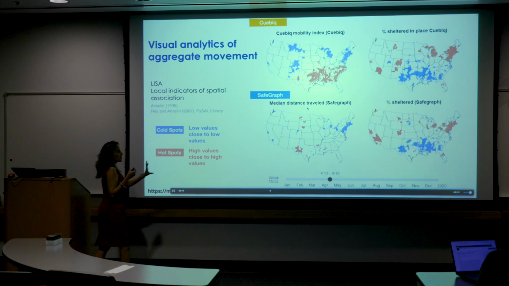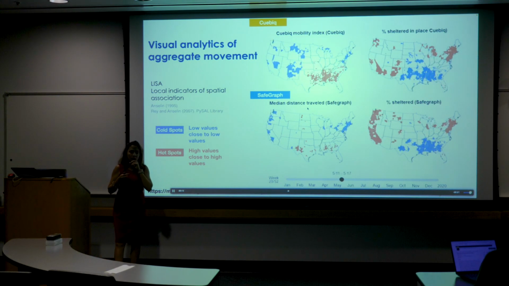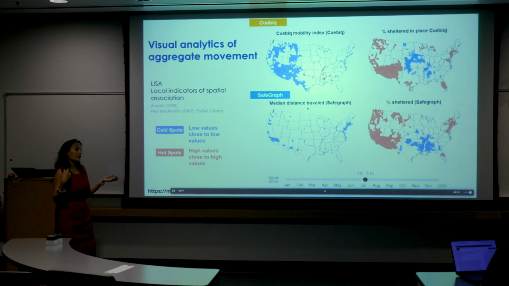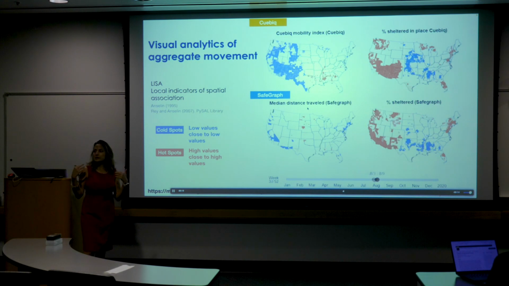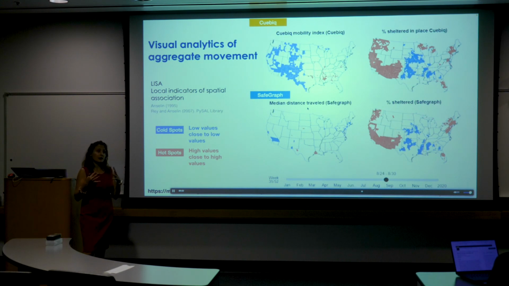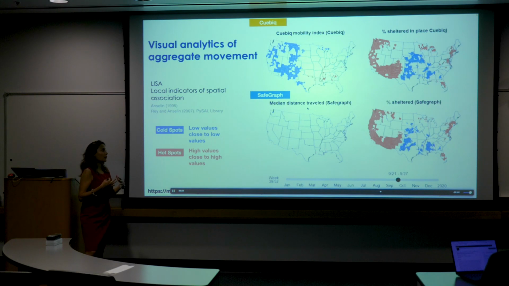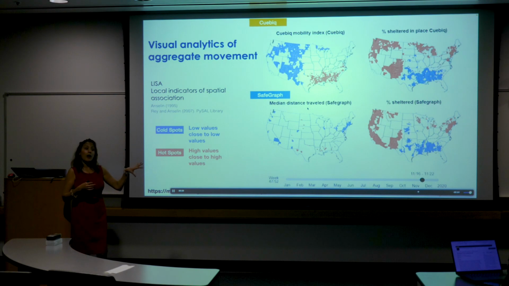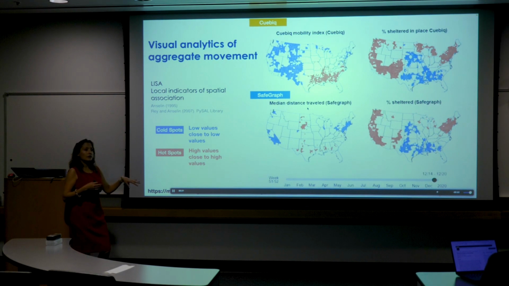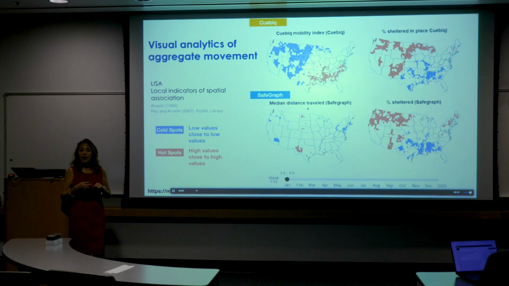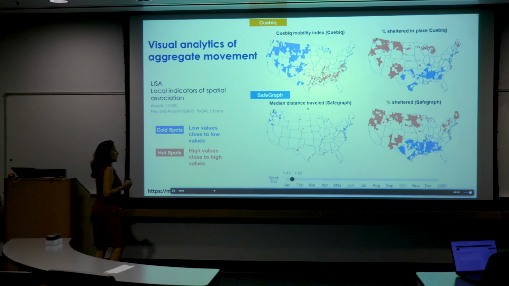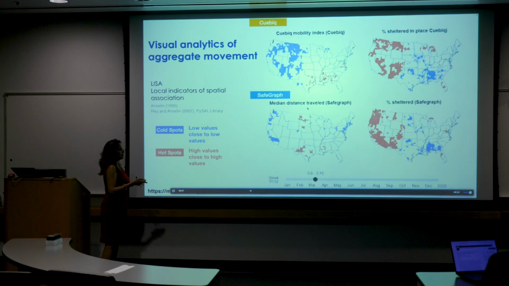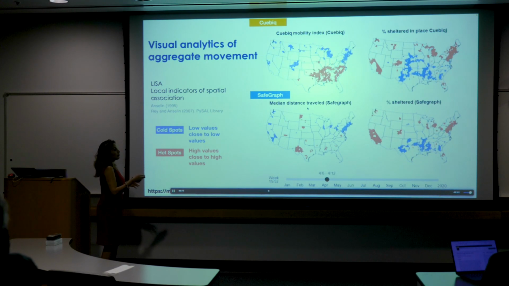So the purpose of this analysis was we wanted to know whether these mobility indices that we get from different sources agree with each other, because when COVID happened, a lot of scientists started to use this data set to model the spread of COVID and model the impact of non-pharmaceutical intervention. So we wanted to show whether these data sets agree, and as you can see, actually the patterns